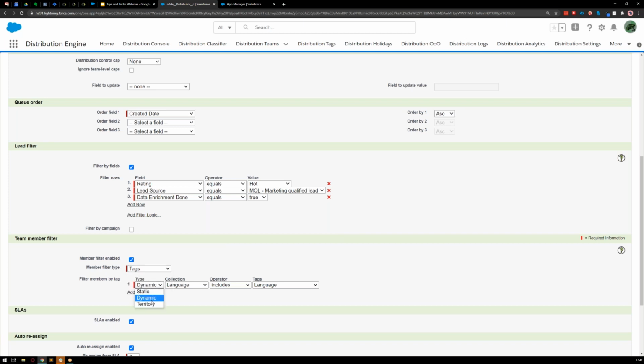Okay, and the last one is the territory. It works the same principle as the dynamic, but it's all out of the box. So you just pick territory, and then it's going to match to whoever has that tag. Okay,